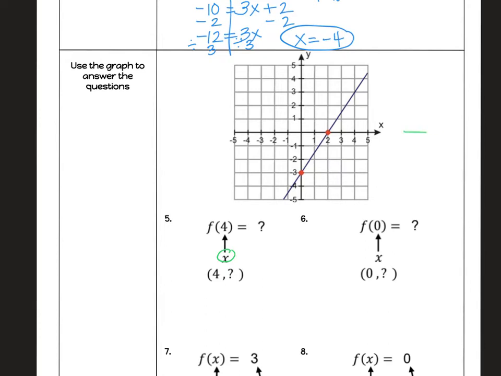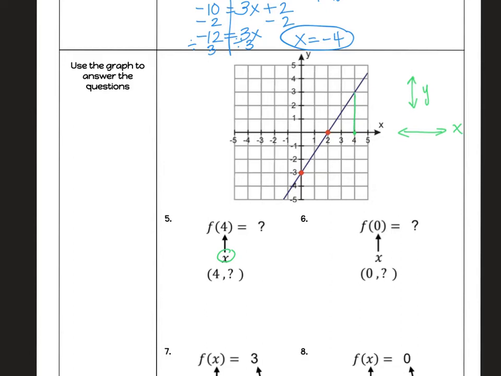Just another reminder that our x-axis goes from left to right, and our y-axis goes from up to down. So when we are on our x-axis and we're at 4, if we go up, we see